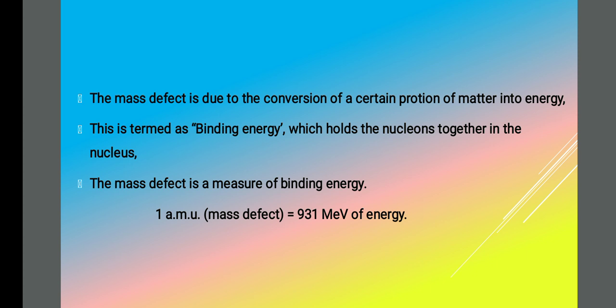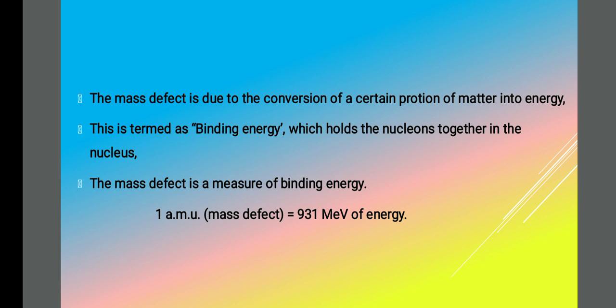So we can have a short recap of what you have seen in today's class. In nuclear stability I have spoken about mainly three things: N/P ratio, mass defect as well as binding energy. In short, N/P ratio is the number of neutrons divided by the number of protons. It should be equal to 1 if the nucleus is said to be stable. If it is above the value or below the value, it is said to be unstable and radioactive. And the second one, mass defect.